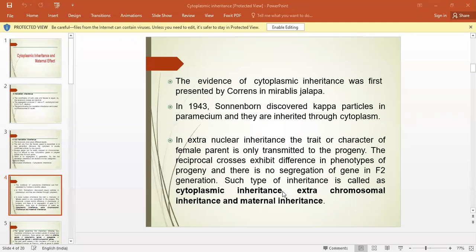But when we study extranuclear inheritance, the evidence shows that the extranuclear things, meaning the cytoplasm and your cell organelles, come from the female parent. So whatever cytoplasm and organelles, like the mitochondria, you always receive from your female, meaning your mother. The male does not contribute anything. The male only contributes the nucleus.